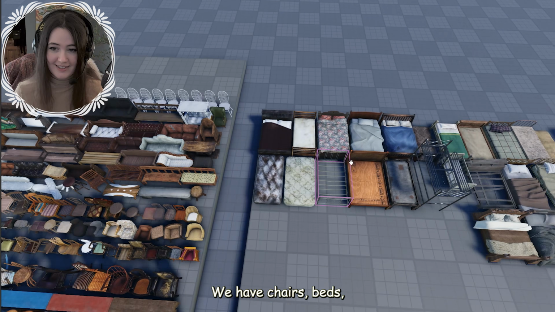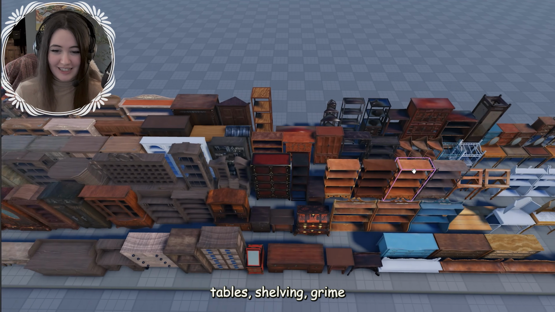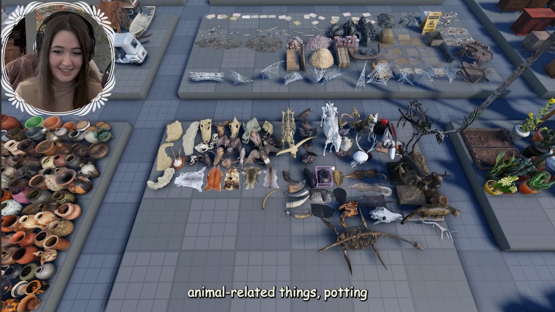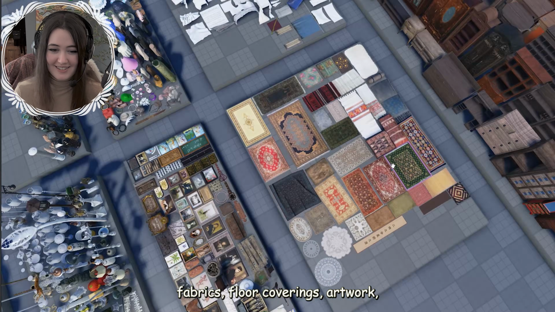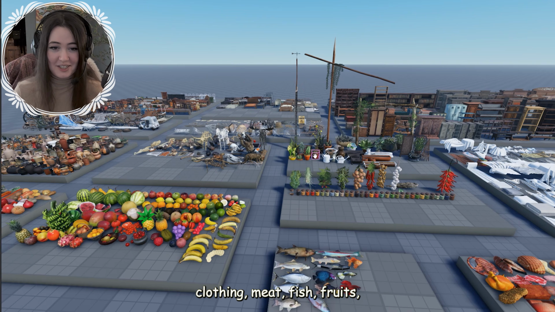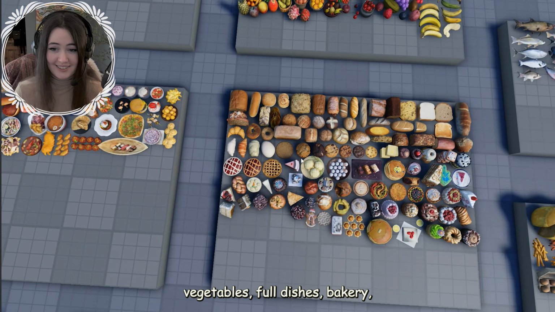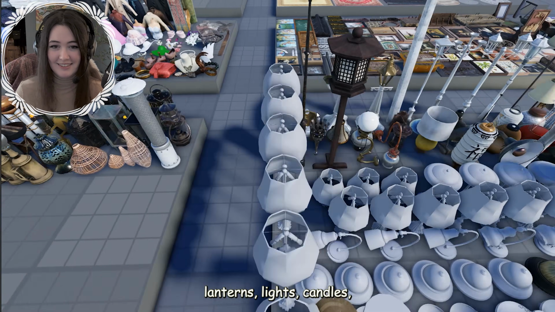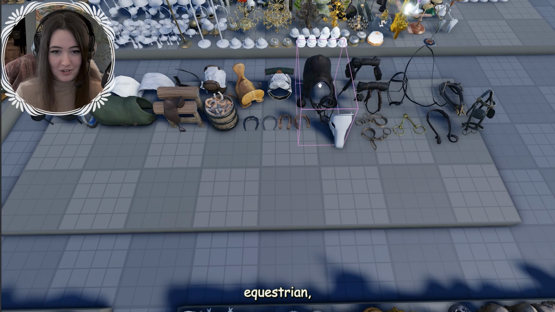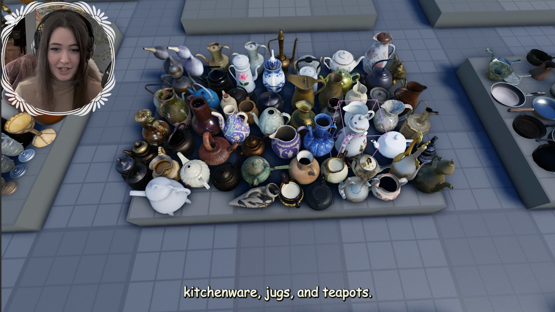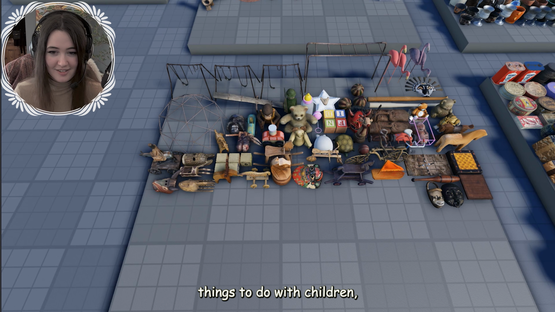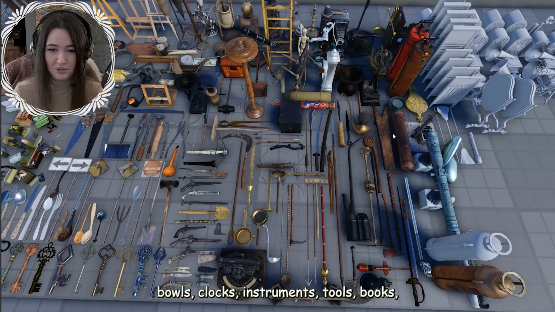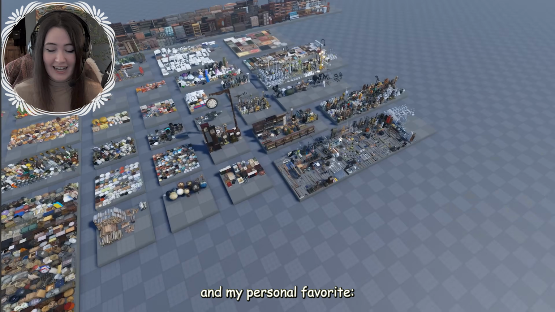We have chairs, beds, tables, shelving, grime, vehicles, indoor ceramics, outdoor ceramics, animal-related things, potting, fabrics, floor coverings, artwork, clothing, meat, fish, fruit, vegetables, full dishes, bakery, dairy and animal products, tinned foods, statues, pillows, lanterns, lights, candles, equestrian, bunting, kitchenware, jugs and teapots, drinks, fire, things to do with children, containers, plates, bowls, clocks, instruments, tools, books, celestial bodies, wood, and my personal favorite,